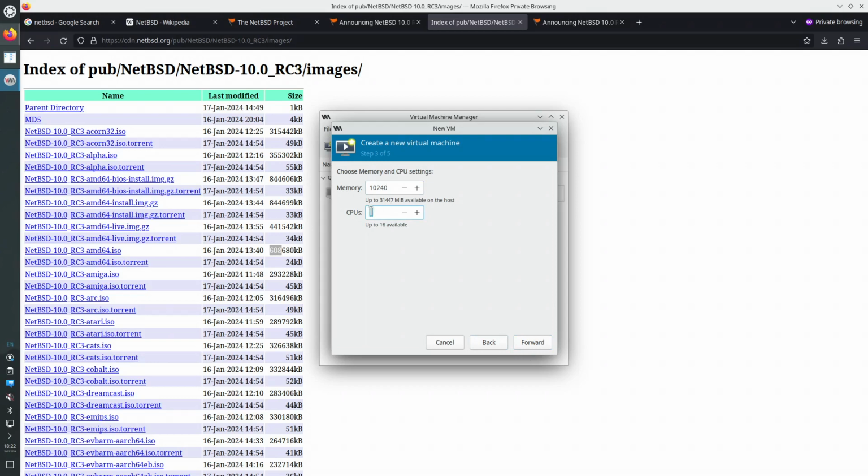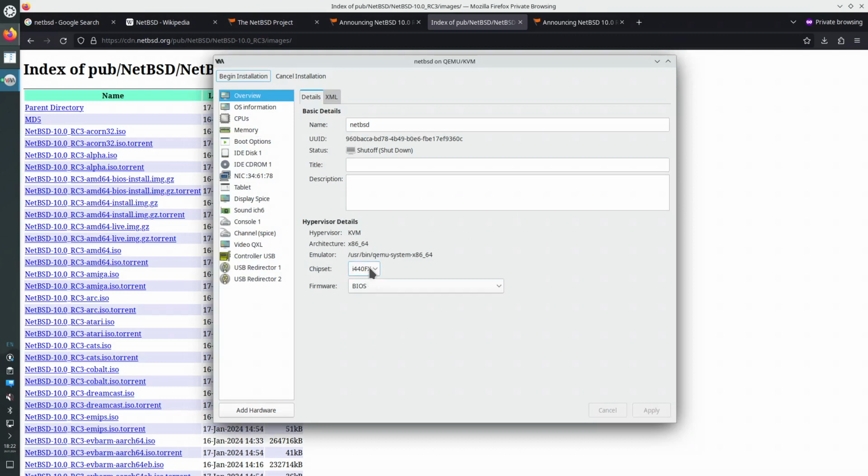Let's make this a virtual machine that uses most of my resources. NetBSD. So this is the worst of the two motherboards. I'm going to try to boot with the best motherboard, and I'll be back if that's successful. So this is my first try that I'm going to do. The best chipset, firmware BIOS,